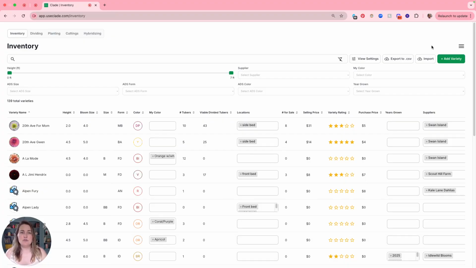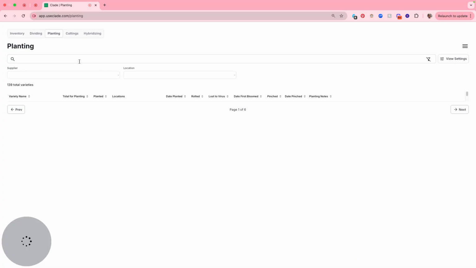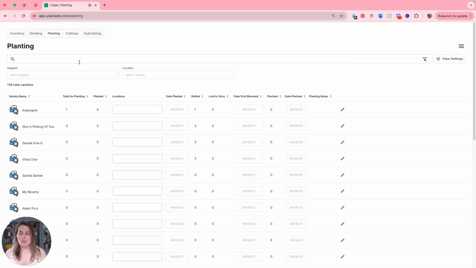And then as you proceed to do specific tasks like dividing your tubers, taking cuttings, planting them, you're going to go over to these modules across the top. So for example, if it's planting time, I'm going to primarily be working out of this planting module instead of the inventory itself. It's nice because then you can segment off your work and you don't have all the fields in the tool showing at all times. If I go back to the inventory,